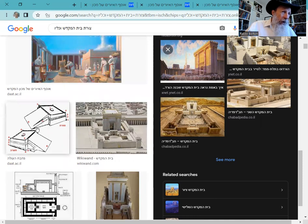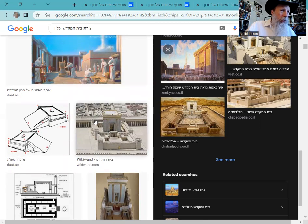Right. So there was one main ramp that went up. We're going to learn the laws in a minute. We'll see the Rambam. One main ramp that went up. Then there was the main part of the altar. On the altar, there were three